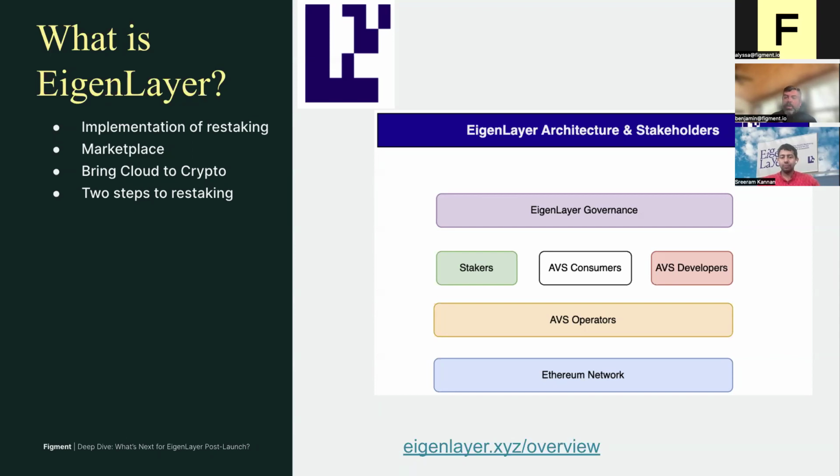So I think, we can get into this in a little bit, but when you look at AVSs, they really do run the gamut in terms of complexity. So you can have simple app chains on one side, and theoretically you could have full-blown protocols built on top. So I think when you think about risk, that's kind of the way to think about it. And you have to look at each AVS as if it's its own protocol, and do your diligence